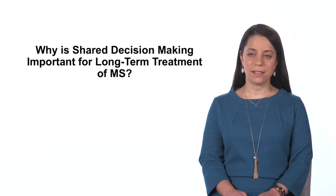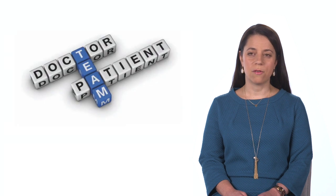Shared decision-making is this idea that doctor and patient would decide together what the best treatment for that patient is. It shouldn't be all the doctor's decision, of course, but we also don't want to leave it up to the patient, because the doctor does have the experience and expertise that could help with that decision. Together, hopefully, doctor and patient sit down and decide what the best treatment option is. The goal of shared decision-making is for the patient to completely understand the benefits of the treatment, the risks, and the side effects,